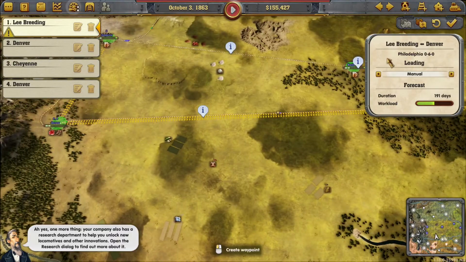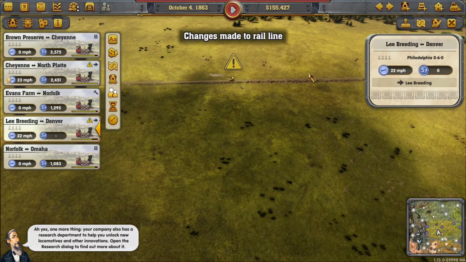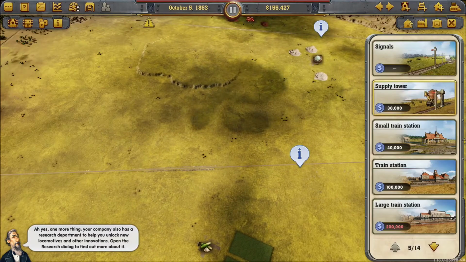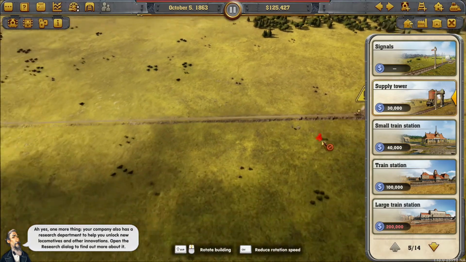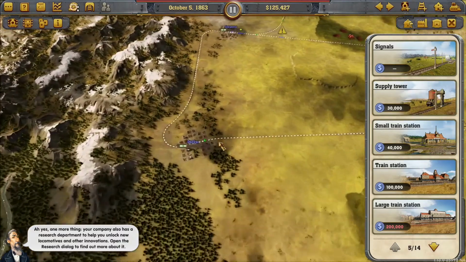Oh, I can't actually see the train. Maybe we'll find out what the problem is in a minute. Okay, it needs some supplies, of course. Let's just put the supply tower there. It's got to go through it. And then we probably just need...